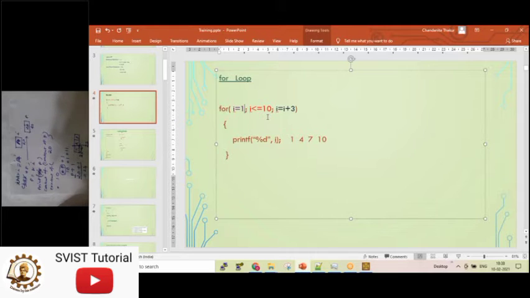But for a bigger program, when so many lines of code are there and the increment is just for iterating the loop, it is not like I am modifying the i value in some pattern. When it is related to some pattern, like I want to put 1 star in one line, then 3 stars in the second line, 4 stars in the third line, or some equivalent value in equivalent interval, we will go for a for loop. But for normal execution, when I want something to be repeated again and again, just repeated, you can go for a while loop. Okay, understood, Sujay?